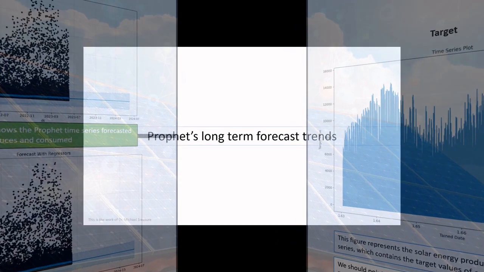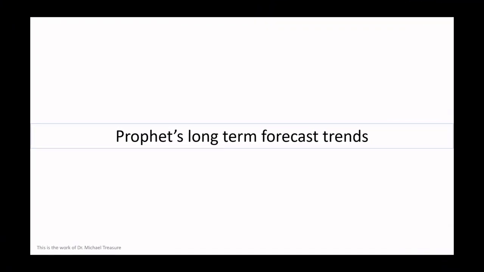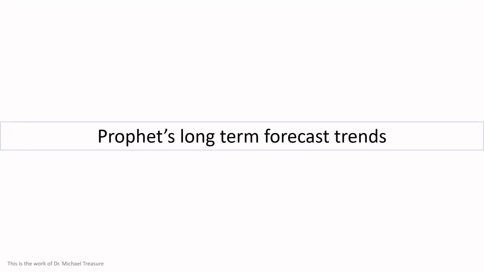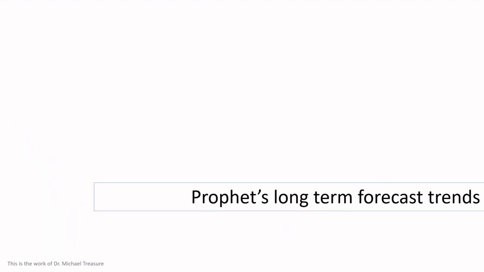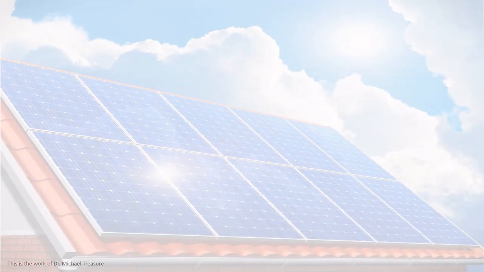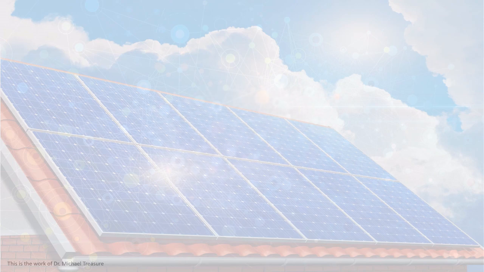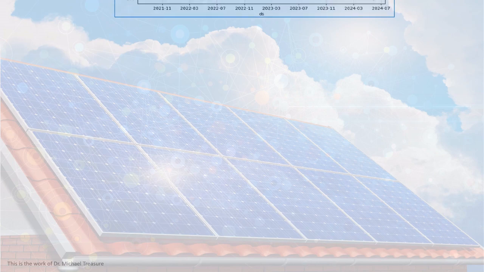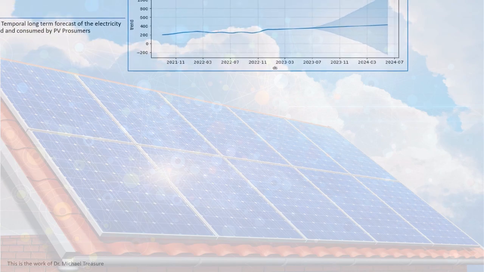In this frame we can more clearly see Prophet's strength in being able to identify seasonality in the data. The first chart shows Prophet's temporal long-term forecast of prosumers' electricity consumption and production. The y-axis is the range of electricity and the x-axis is the time horizon. The diverging shaded area to the right of the graph is the projected window Prophet gives for yet unseen data